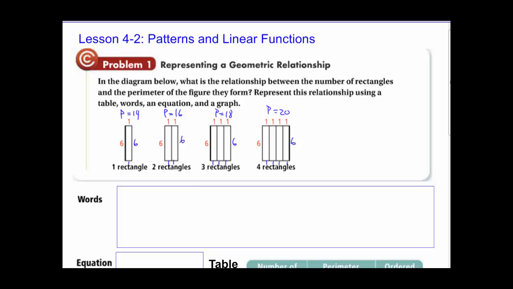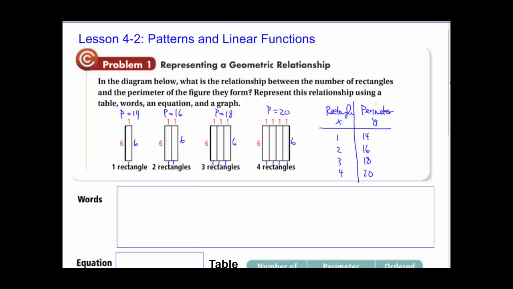So we can make a table in terms of, let's call it rectangles, and let's just use it as an x. And then we can say that our perimeter is based on the number of rectangles, which could be our y. So we start off with 1 rectangle. We went to 2, 3, and 4. And we figured out that our perimeter for 1 rectangle was 14, 2 rectangles was 16, 3 rectangles was 18,